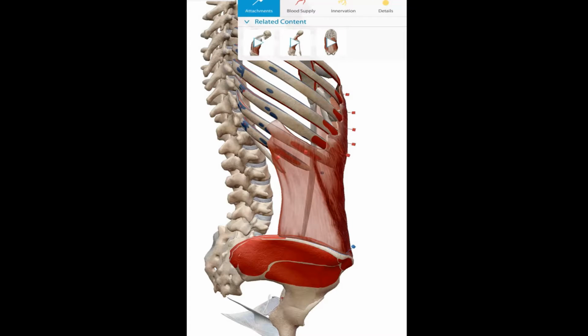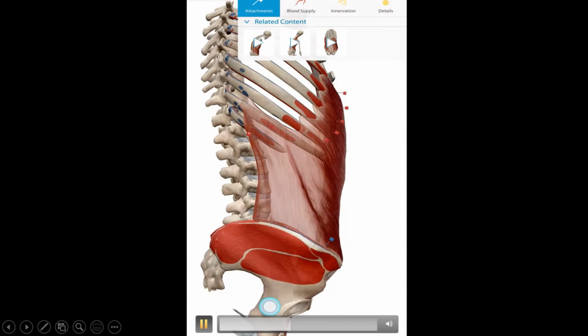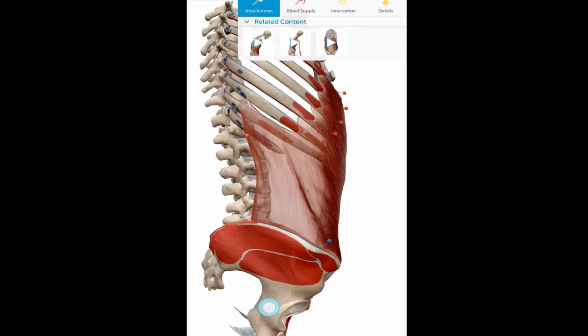So the insertion is very specific. The posterior most fibers which you see here are inserted on the outer lip of the anterior 2/3 of the iliac crest. So the iliac crest has anterior 2/3 and posterior 1/3. The anterior 2/3 has an outer lip, inner lip and intermediate area. So the posterior most fibers get inserted into the outer lip,